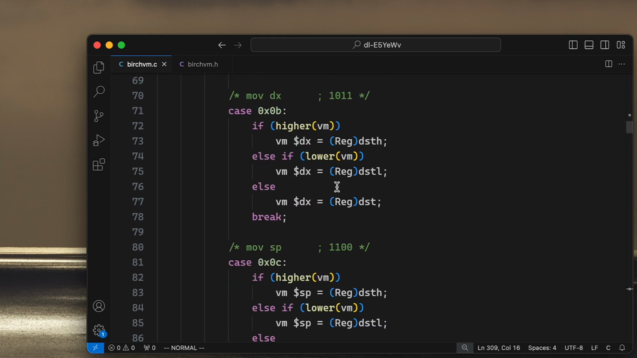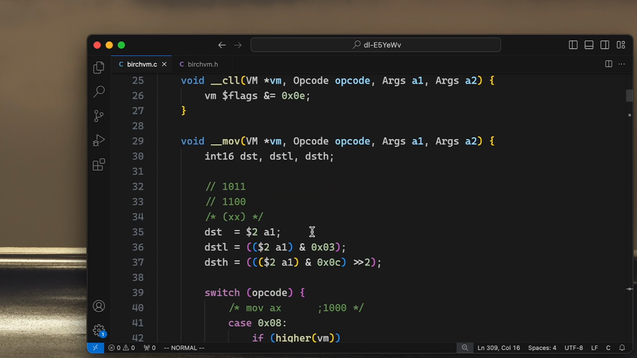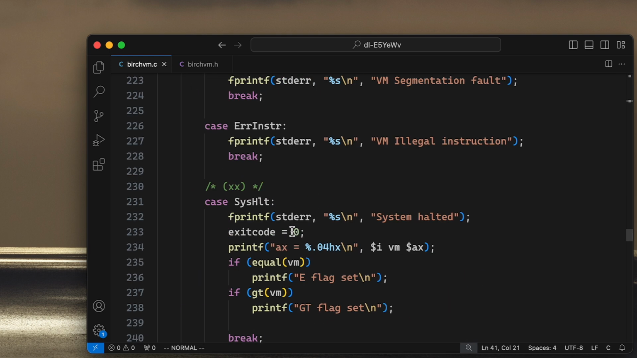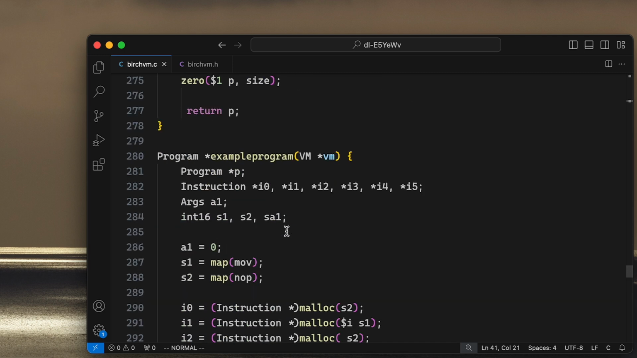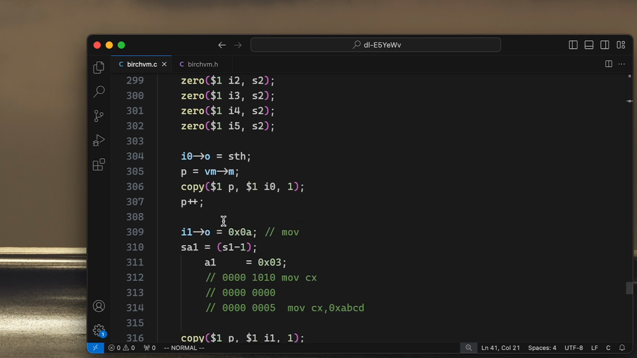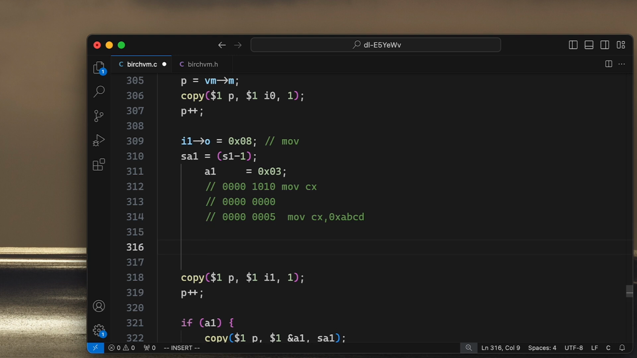AX, where art thou? AX. Here it is. 8. Okay. 8, 8, 8. So our I1 should be equal to the 8. And what are we putting there? We're putting a 3. And where are we putting it? So what do we have? We have